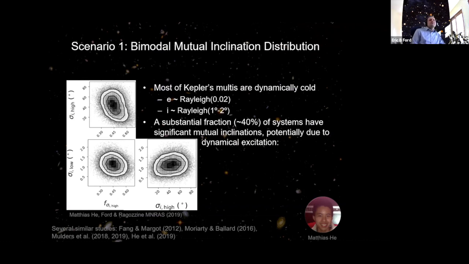So one explanation that had been proposed is maybe there's 2 populations of planetary systems, one of which has relatively low mutual inclinations, and by low here I'm talking 1-2 degrees as its typical mutual inclination, so even more coplanar than our solar system, and another population that has high mutual inclinations. That population would need to be high enough that we typically see them as single planetary systems. We can make this model work, and roughly 40% of the systems need to have high mutual inclinations.